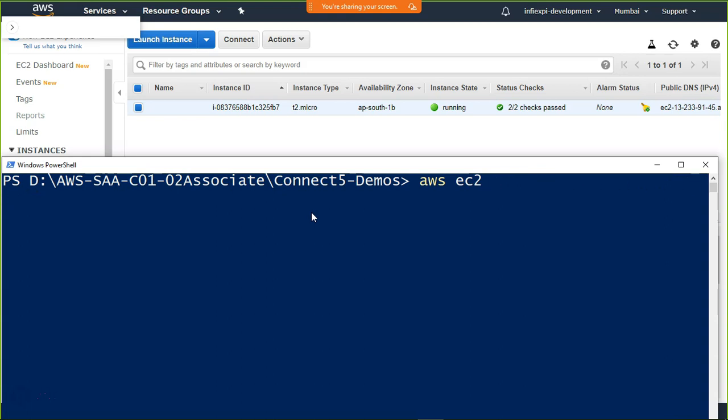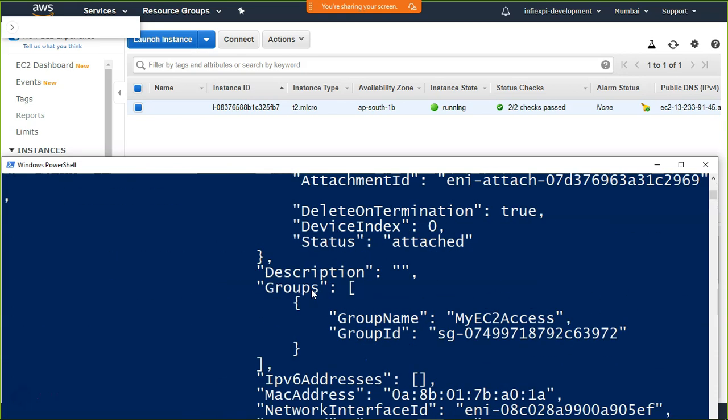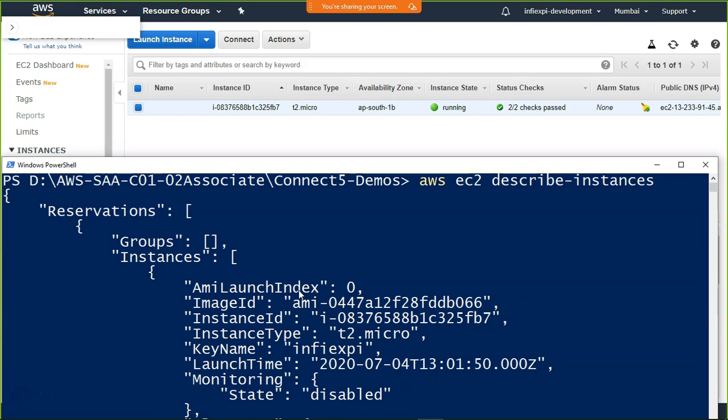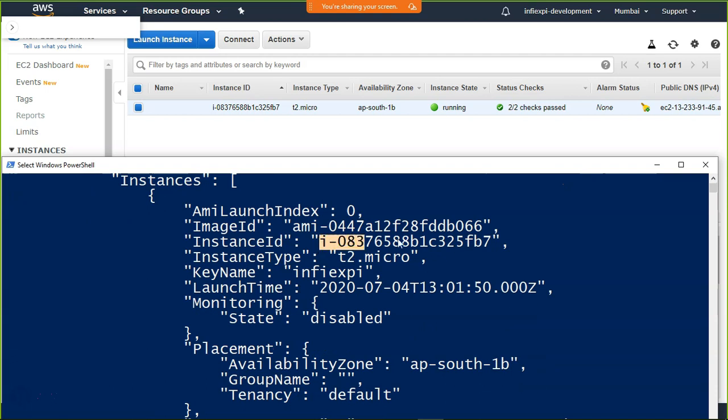That's why we have another option: EC2 describe instances. Using that, you can get the instance details also. So, aws ec2 describe instances. Here, in the first information, you have the instance ID. This instance ID and the instance IDs option refer to the same thing, right? So you can just copy this